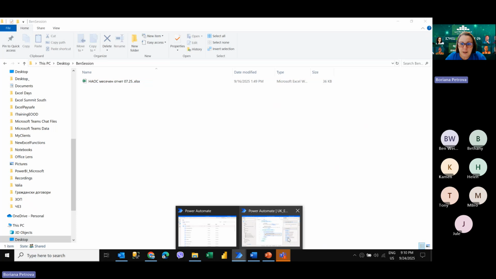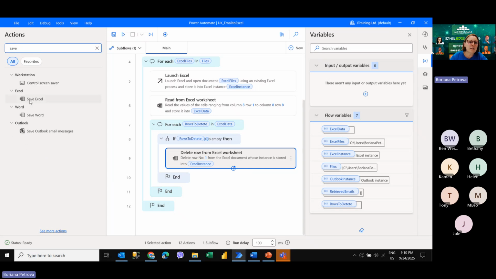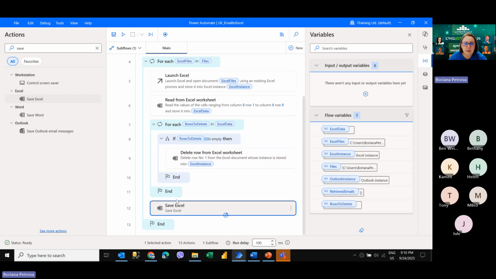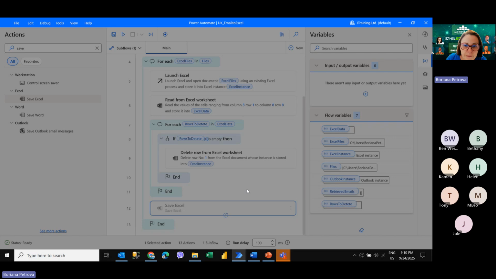So for example, we want to save this data and continue with the next one. Once we delete all the rows for each file, we need to save the file. Save Excel, and this will be here before going to the next file. This is the Excel instance. We have a couple of options here: save document, just press the save button, or save document as and give some other name or some other folder. In this case, I will just save the document, press save,